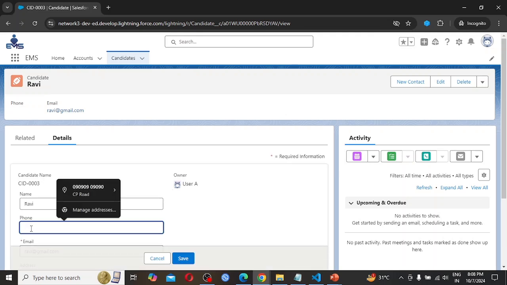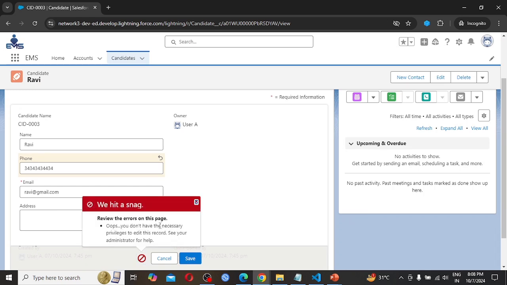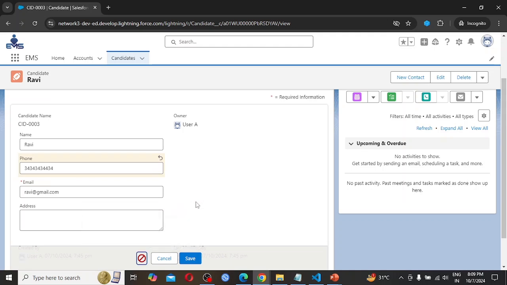He wants to put the phone number for this guy, a random phone number I am providing. Hit the save button. What is happening? He does not have the necessary access to edit this record, as the OWD setting is public read only. In that case he can't update the record.